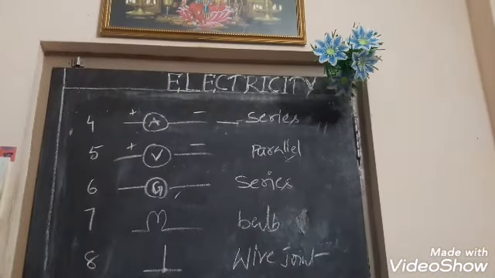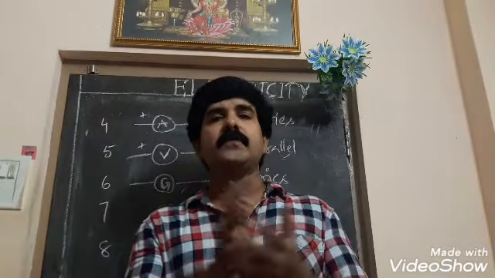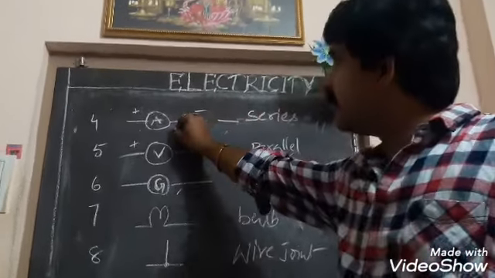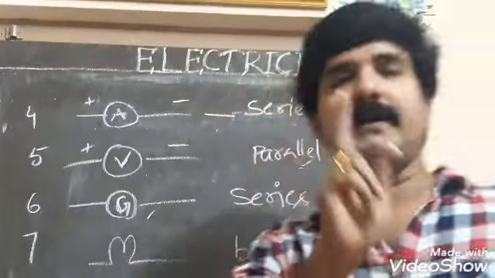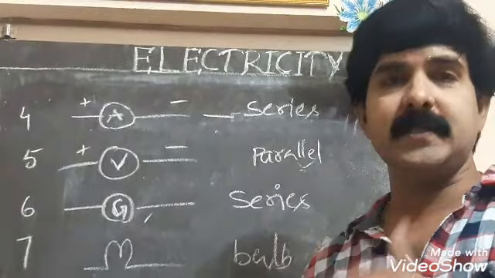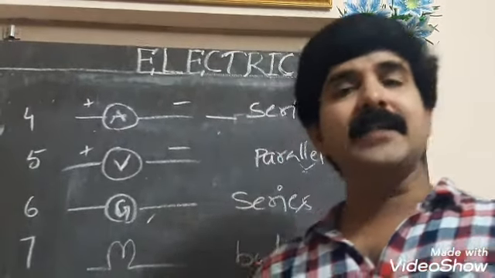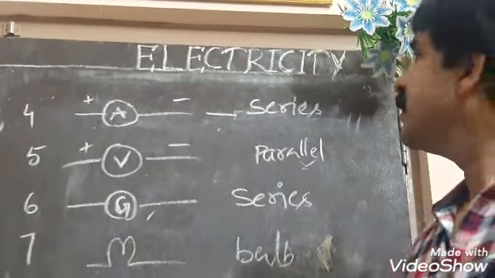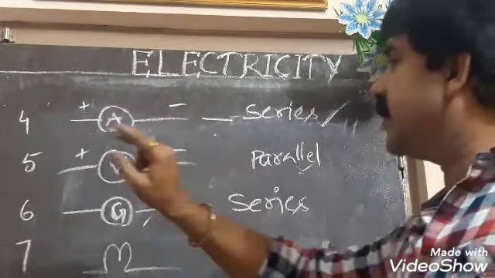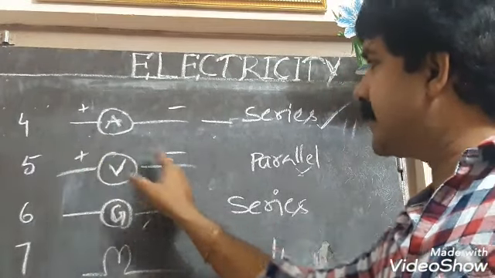Next one is ammeter. For what do we use an ammeter? Ammeter is used to measure the current flow in the circuit. That is represented by A. And always, I already told you, the ammeter is connected in series. How series is connected, how parallel is connected, what is parallel, what is series, that we will learn next. But you just learn that the ammeter is always connected in series. Okay. Next come to voltmeter. Voltmeter is also the same way. The circle is symbolized with V. This is plus and minus.